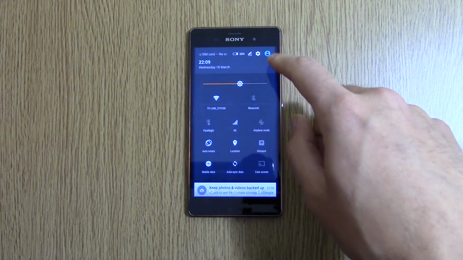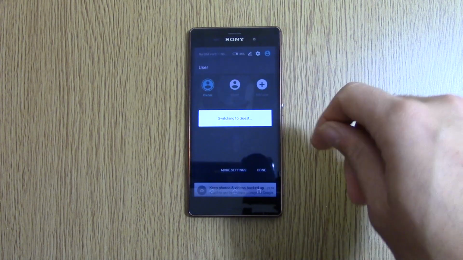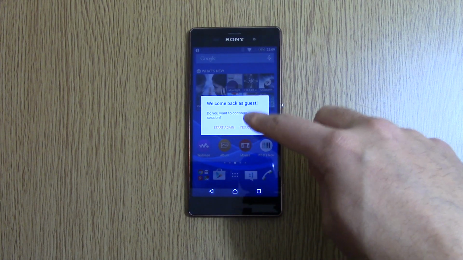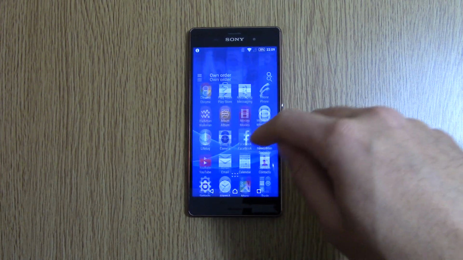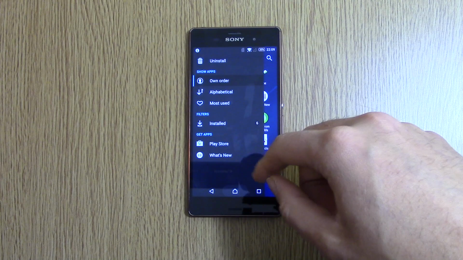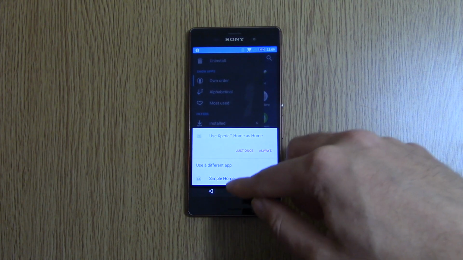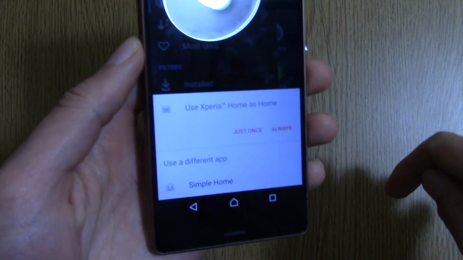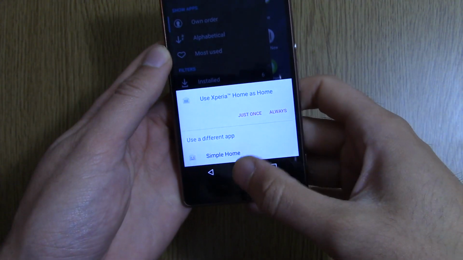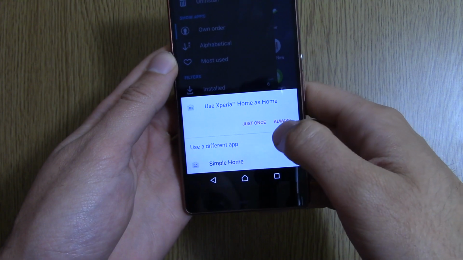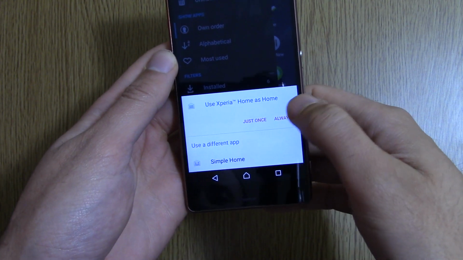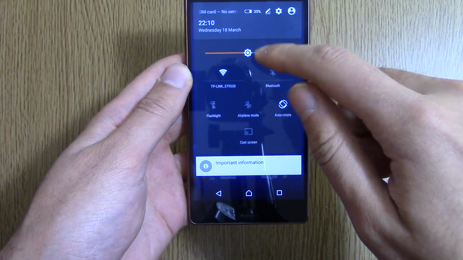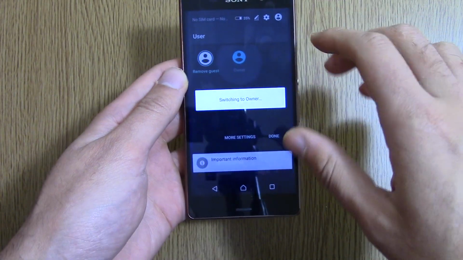We also have the multi-user support here, which is missing off the Note 4 and the S5, which is quite nice to see. And when you do go into the multi-user, it does ask you what home you want to use, for people who may not be that up to date with smartphones, so you can put them on the easy mode just to test the device, and that's quite useful. If we go back to me,